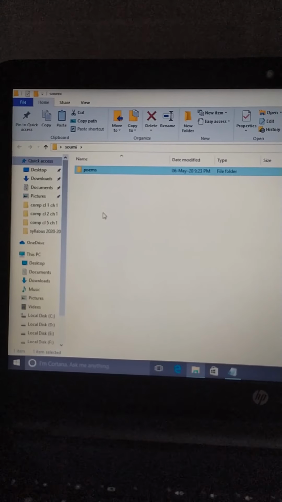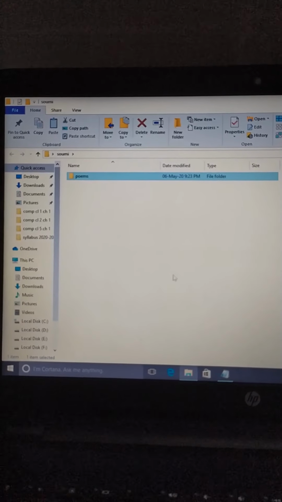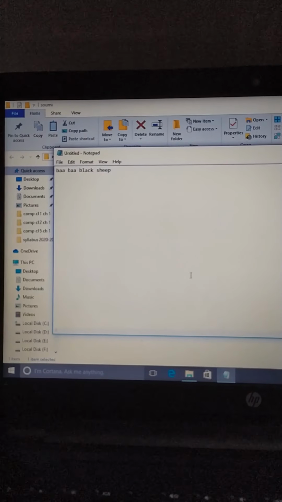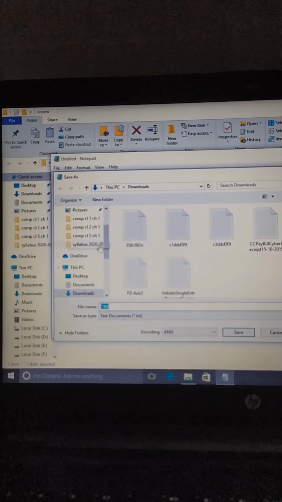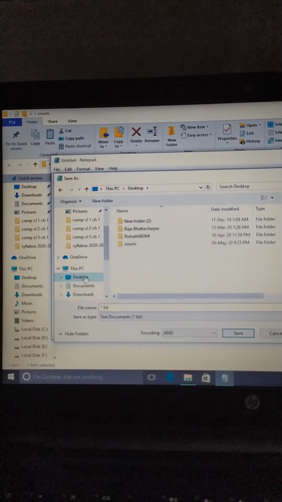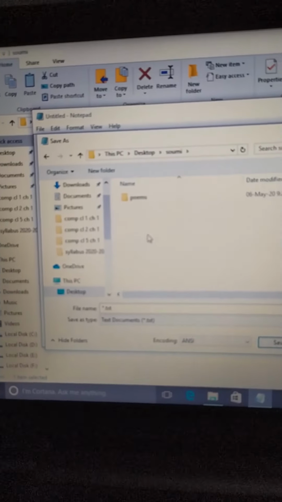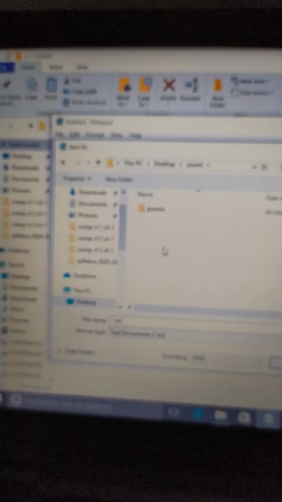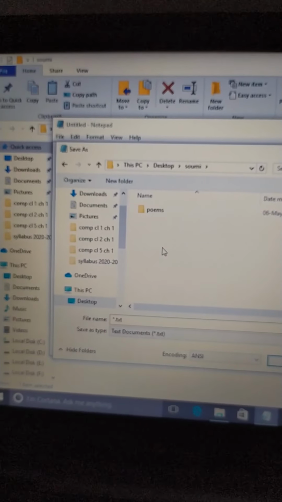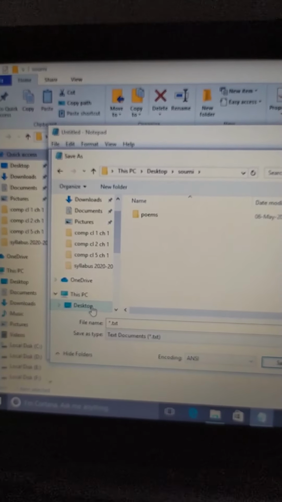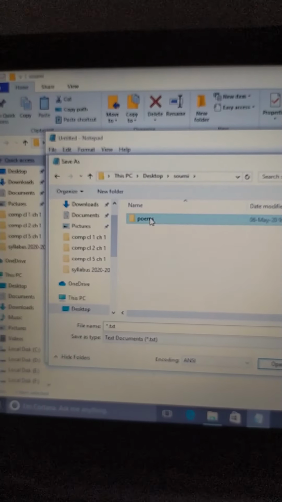After that, save the notepad file in this folder with the name my poem. So now let us go to that file. Click on file, click save. Find your file over here. Click on desktop. See, our folder is shown and inside the subfolder is also there.